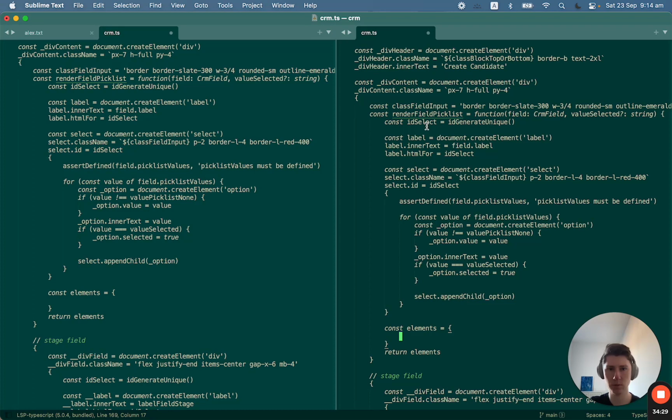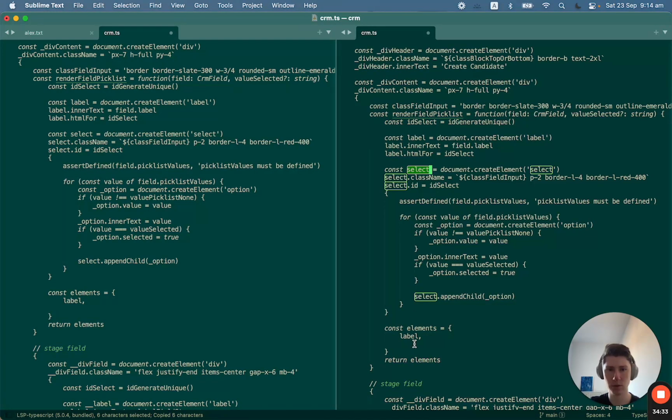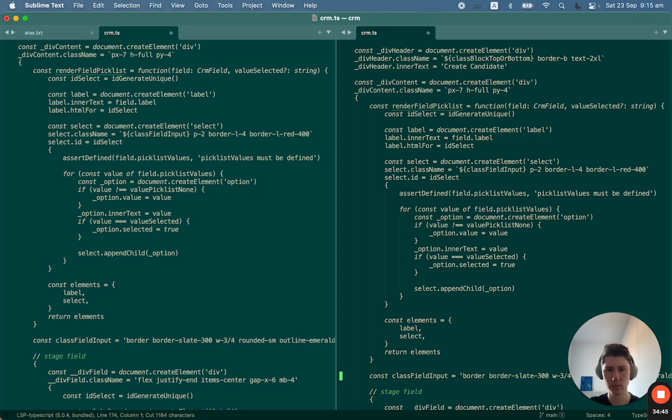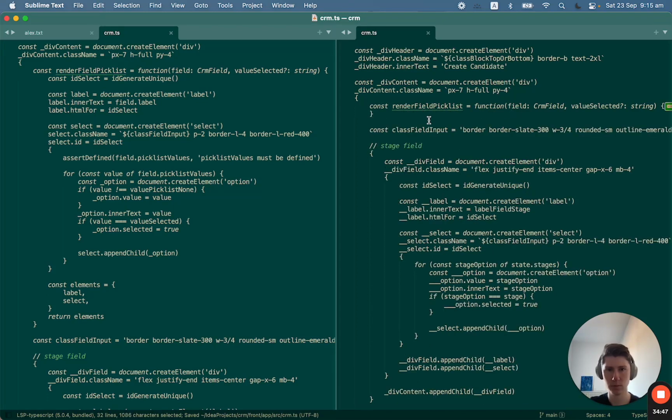So elements that we return is a label and select. And that's it. And we can say that